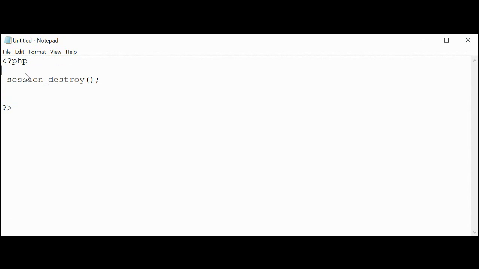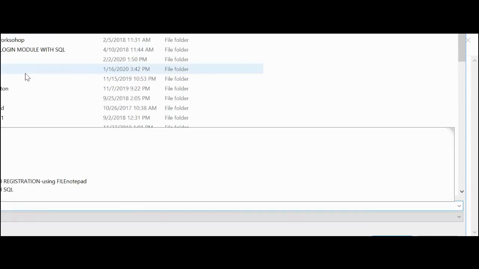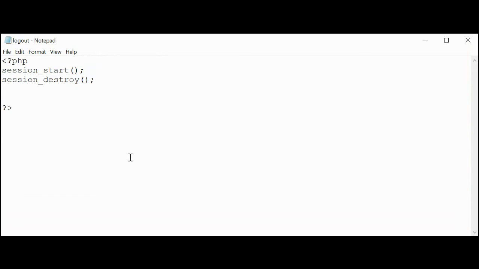Okay, so I'm going to destroy the session. But in order for you to destroy the sessions, logically there must be a session there in this page. So you have to start the sessions, right? Because I want the key, I want to check if it is empty or not. So save it at logout.php, right? So session_start, session_destroy, and then go back to